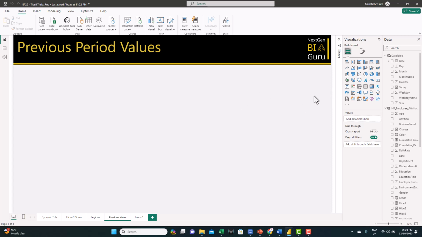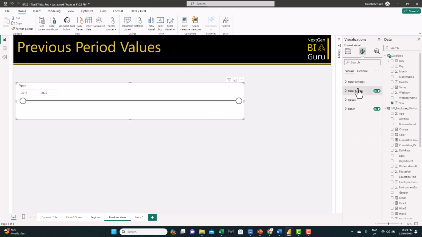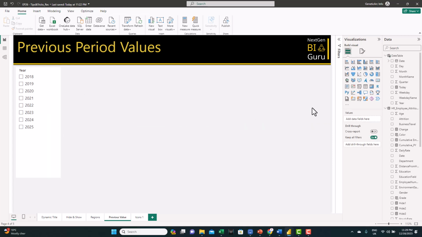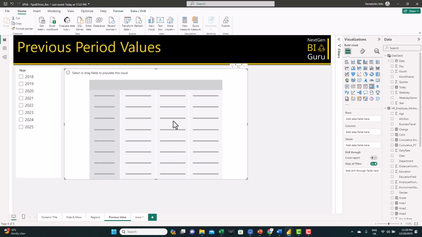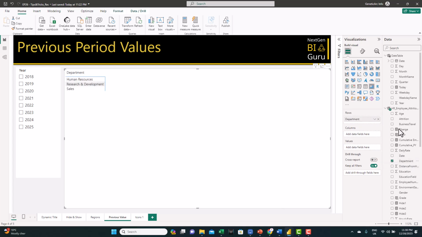Let's start by the slicer from here, and we feed to it from the date table the year. Let's change the setting to vertical list. Now we add the matrix. We use a matrix view, and in the rows we're going to use first the department, then the grade.